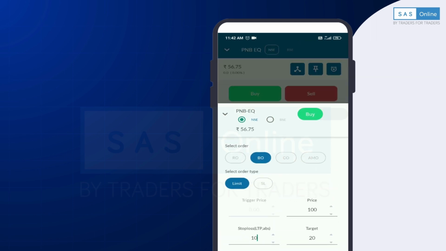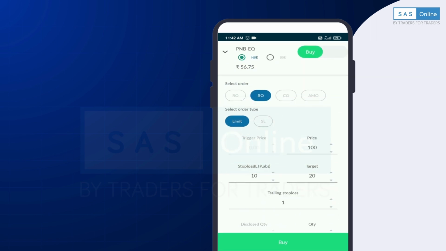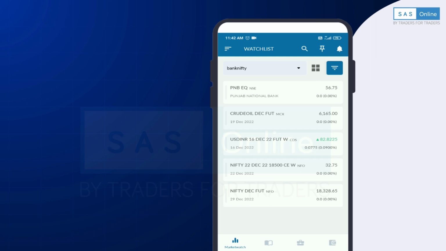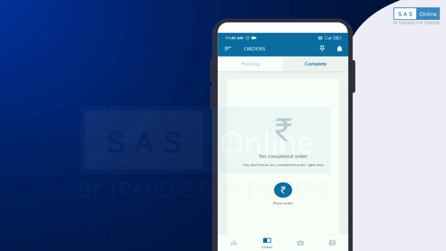Now the situation is, your price is stuck at 105 in the market and you want to exit your position for the bracket order and you want to book a 5 rupees profit. Then you have to go to your order book. Then there is an option of pending orders and the complete orders. In the complete orders, you have your buying position, but in the pending orders there is a target order and the stop loss order. From there you have to exit your stop loss order, okay, so that your position will be squared off at the market price.